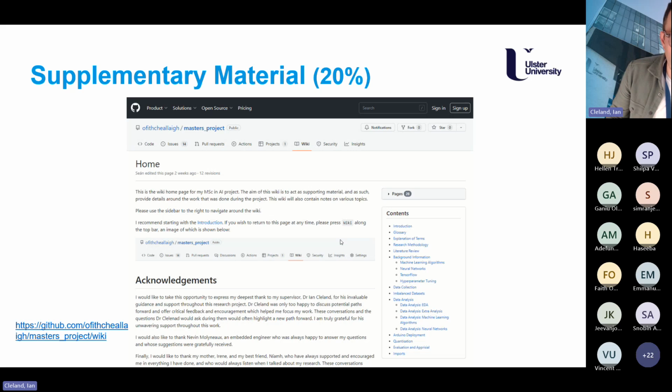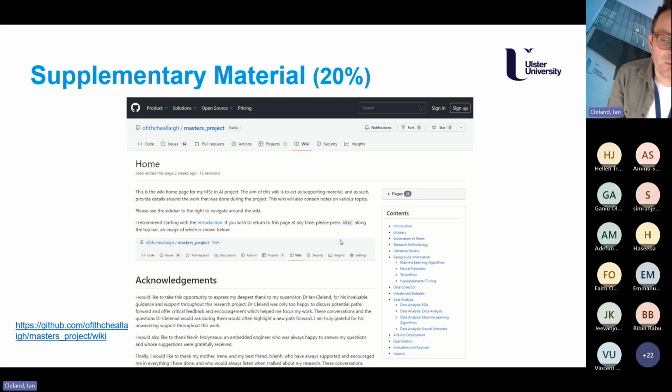So you'll see here, this is more like a wiki, and it's got all of those areas we've talked about around the research methods. This is more literature review on the machine learning algorithms that were used and how those were implemented in code. And then there's something around data analysis, some extended results. And then I think later on, there is the critical analysis as well. So there's no standard format, Faith, and there's also no word limits.